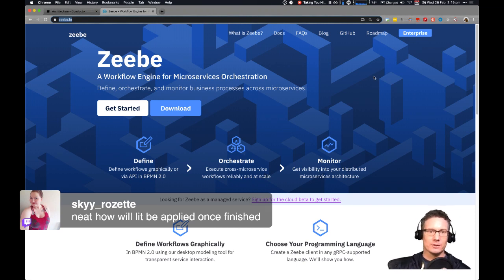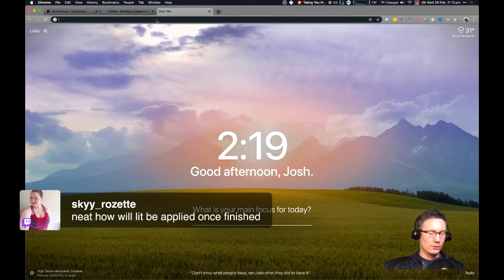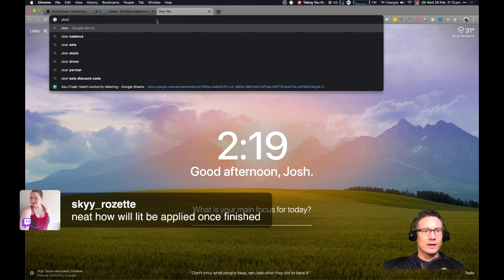They want to ask me about how Zeebe compares with Netflix Conductor. The last time I looked at Netflix Conductor was before I worked for Camunda, at a company where we were comparing different solutions. We compared Conductor and Zeebe, and we went with Zeebe, and the rest is history. But that was like 1.5 to 2 years ago, so I need to figure out how it's changed since then.